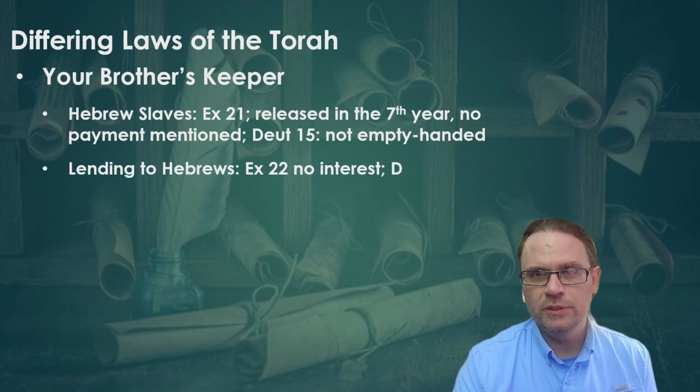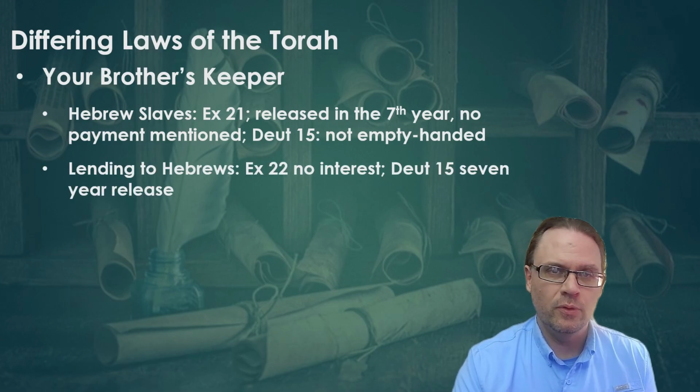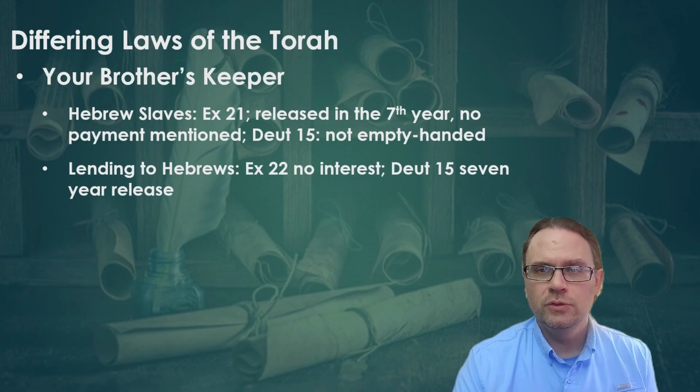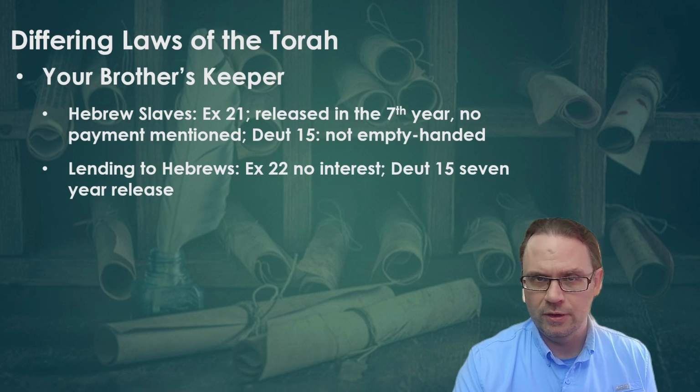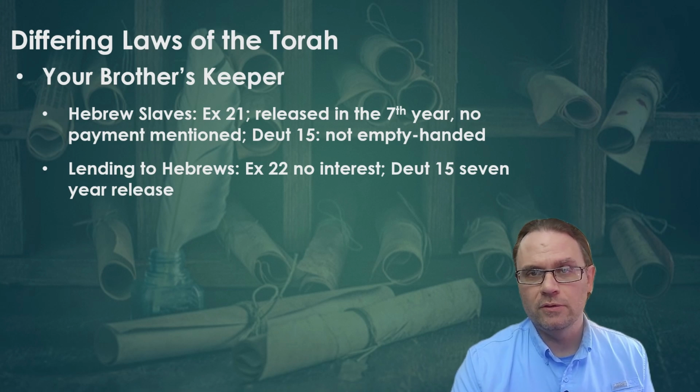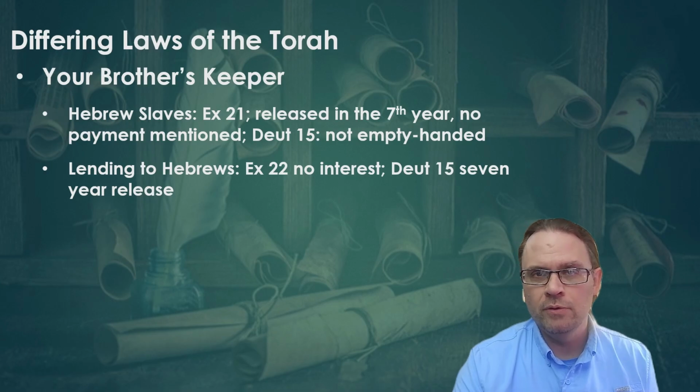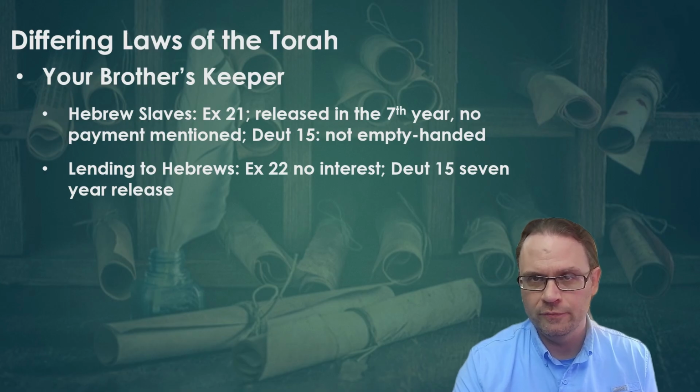While both Exodus 22 and Deuteronomy 15 prohibit the charging of interest, Deuteronomy goes further by requiring a 7-year release from all debts on the so-called sabbatical year. Deuteronomy's release of slaves may also refer to releasing slaves on the sabbatical year rather than the seventh year of service. The wording seems ambiguous, and again, the sabbatical year is not found in Exodus. But Deuteronomy does not just seem to alter the Exodus code by adding the requirement of giving Hebrew slaves goods when they go out free.